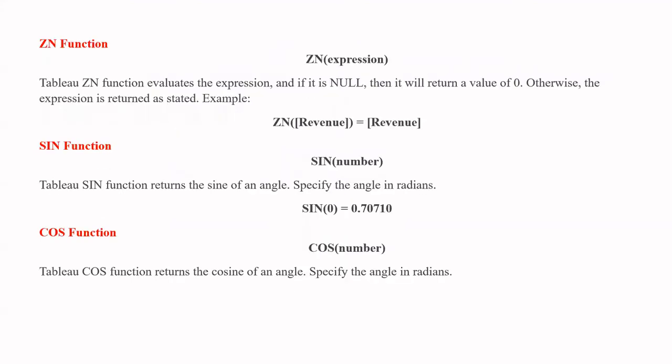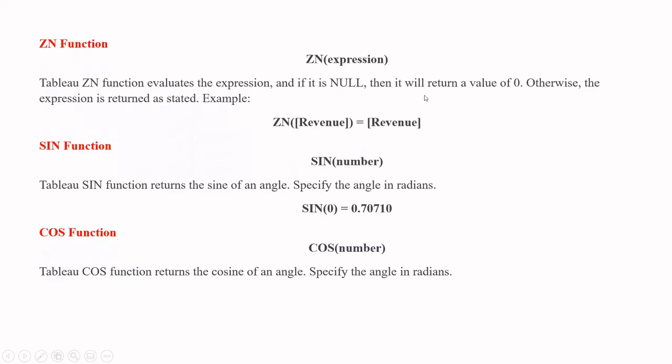The ZN function is one of the most important functions, in the sense that sometimes a value may not be there. For example, assume in a calculated field you have 3 fields and one is null, and the remaining all have values. If you are doing addition, division or multiplication, what happens is, for example, selling price minus cost price will give us the profit or loss. Basically, if it is greater than 0, it is profit, and less than 0, loss.